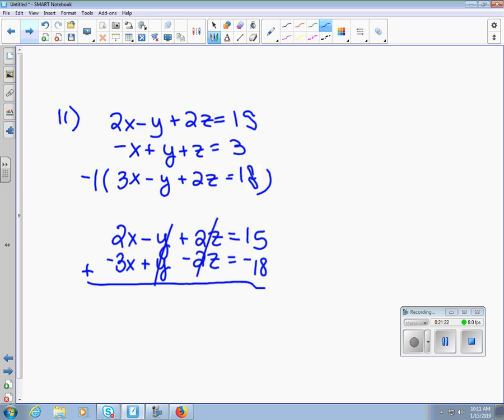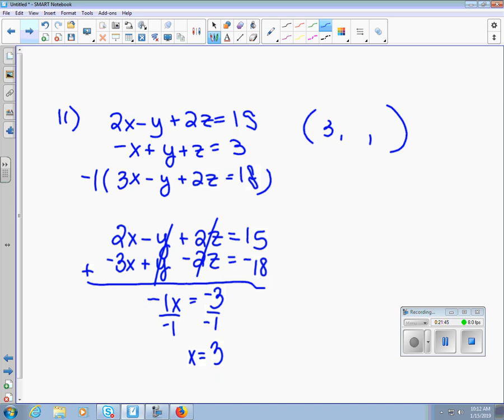So then I'm going to add these up. So I'm going to get -1x. And 15 plus -18 is -3. So when I divide by -1, I get x is 3. So remember, this is an x, y, and z. And so then the next thing we would want to do is probably find another way to get something to